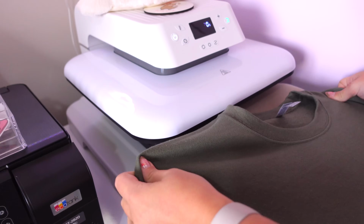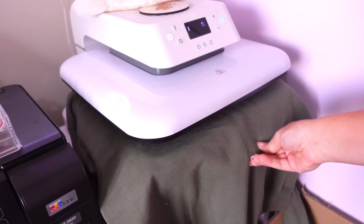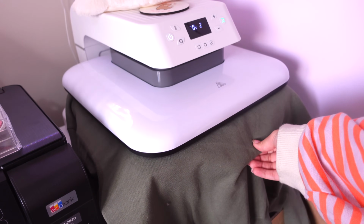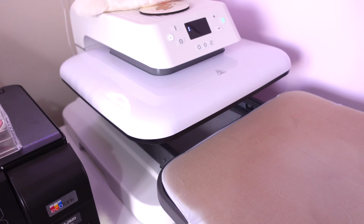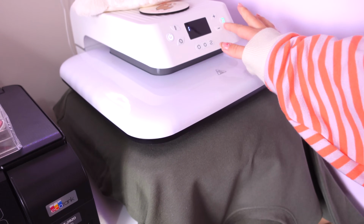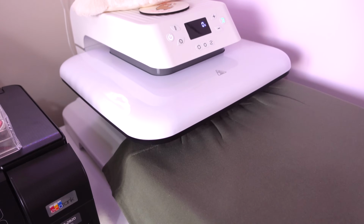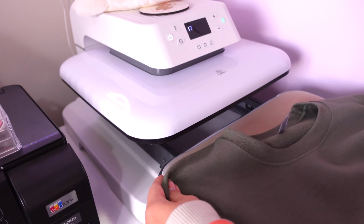And then I'm going to take the sweater and put it on the top and just give it a little press to iron it out a little bit, just for a few seconds. And then I'm just going to turn it over and do the bottom as well. This gives it a little pre-press as well and gets it a little bit warm, ready for the DTF to